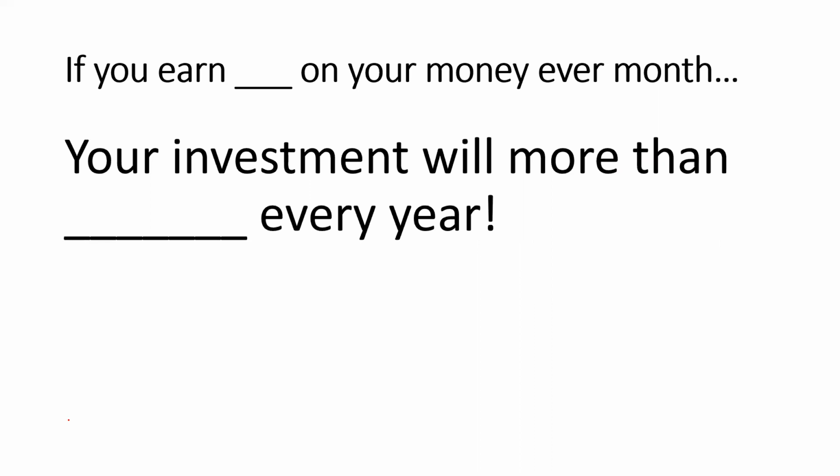So here's what I do, right? I focus on earning 6% on my money every month. Now I make a lot more than that. I actually make more like somewhere between 10 and 15% every month, but I focus on 6%, right? If you aim for the moon, you might actually get to the stars. And if I focus on just that 6% and meet that minimum return on my portfolio every month, my portfolio doubles every year.